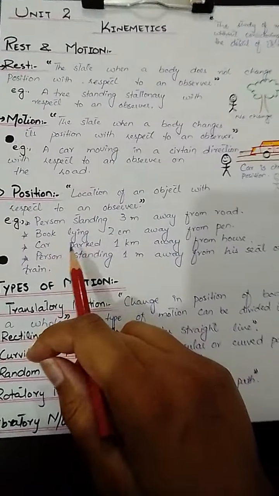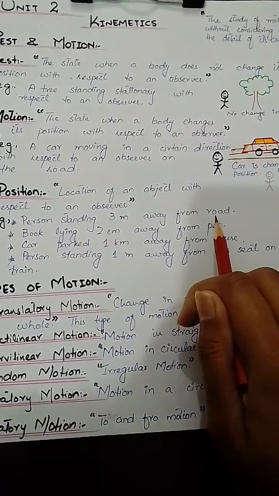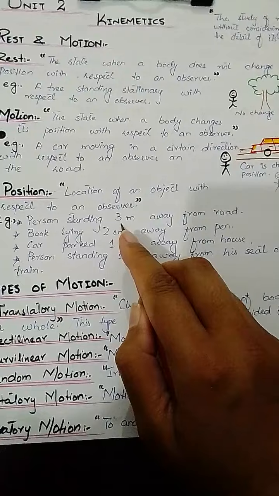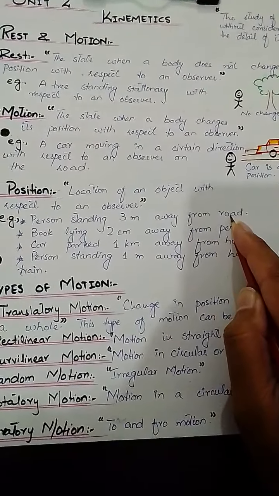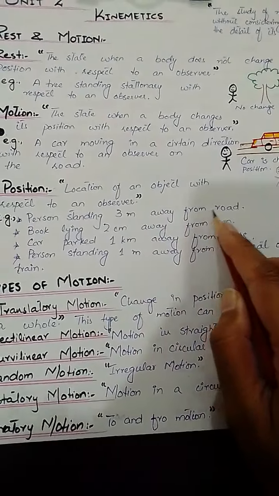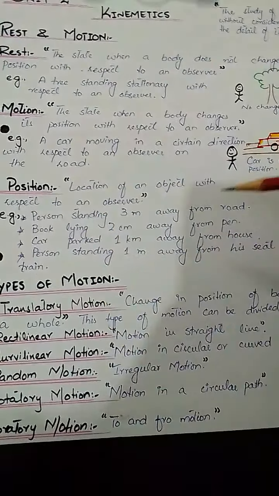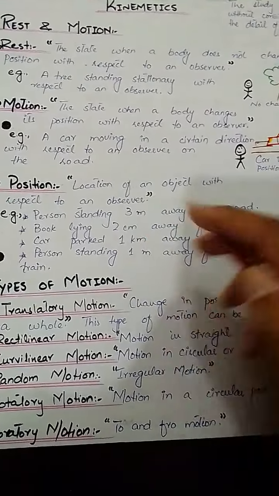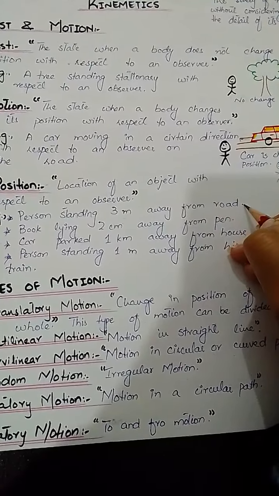So we can take some examples. The person standing 3 meters away from the road, right? So we have 3 meters, which is the distance away from the road, as the reference. Okay, 3 meters with respect to the road. Okay, 3 meters with respect to the observer, and secondly we have a frame,